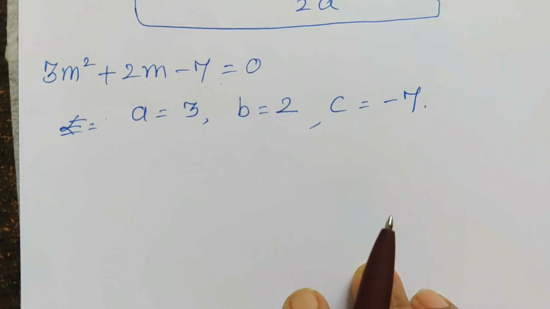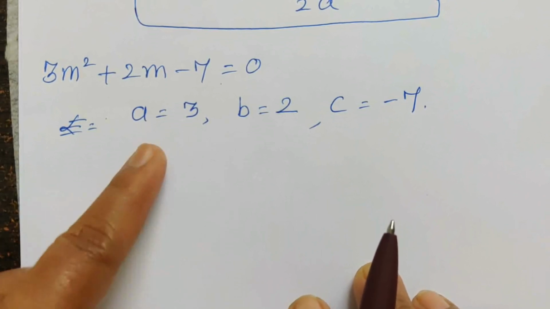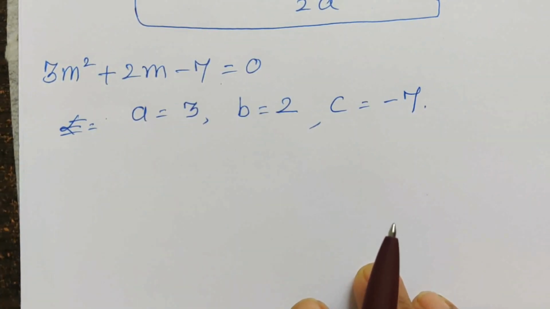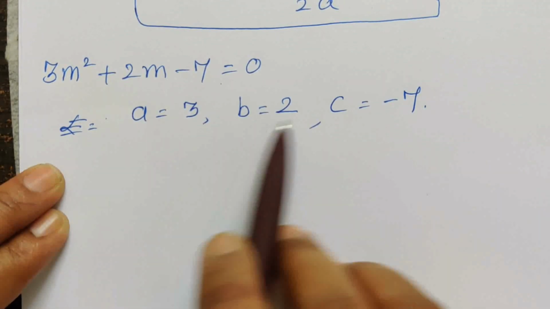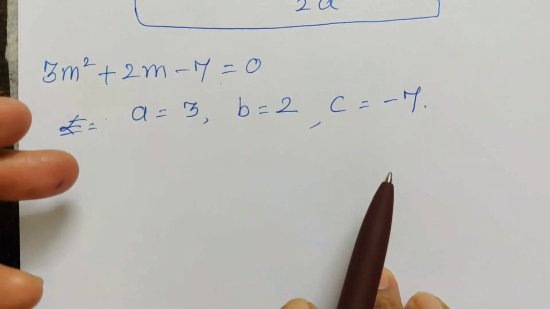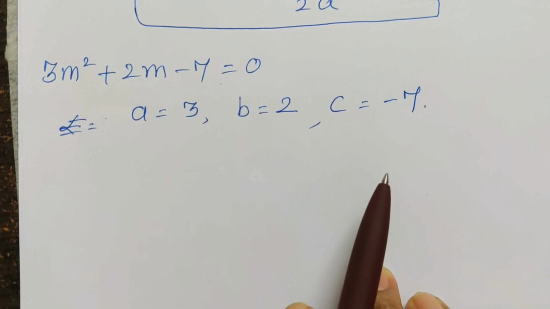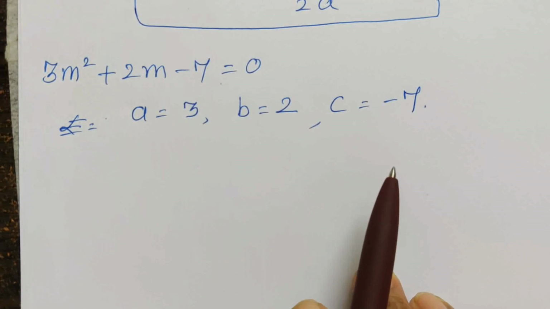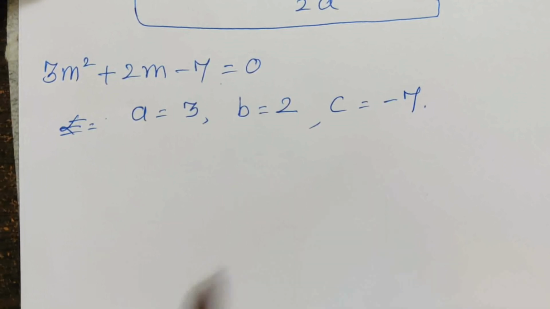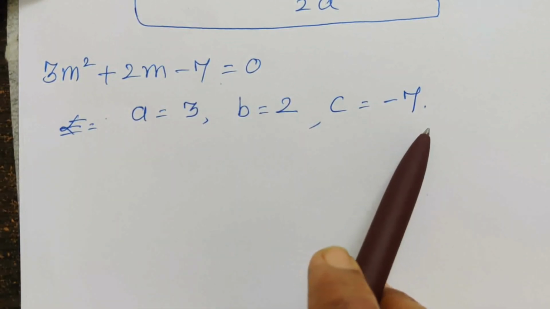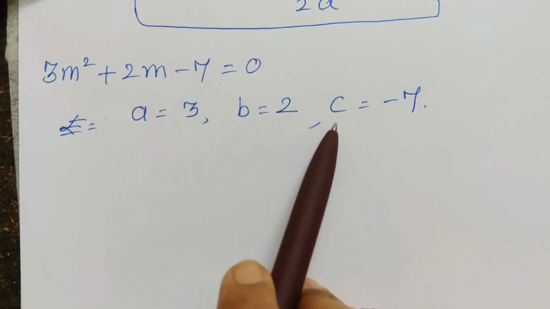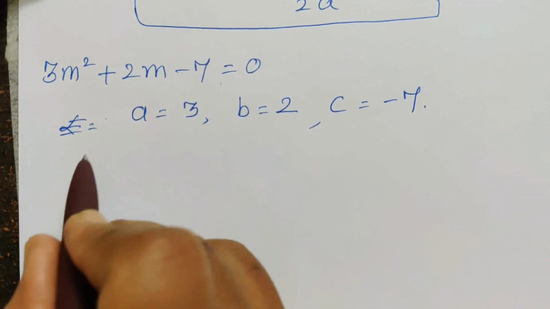See now, in your textbook practice set 2.4, question number 1 is like this. It says compare the given quadratic equation to the general form and write the values of a, b, c. This question is important because for 1 mark it can come in the exam. So this type of question is important. Every time you are solving a quadratic equation, always compare the equation with the standard form. That means write the values of a, b, c. And after that we will solve it.